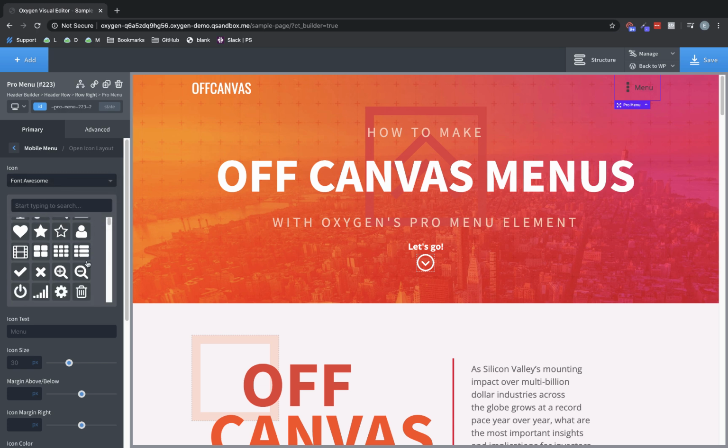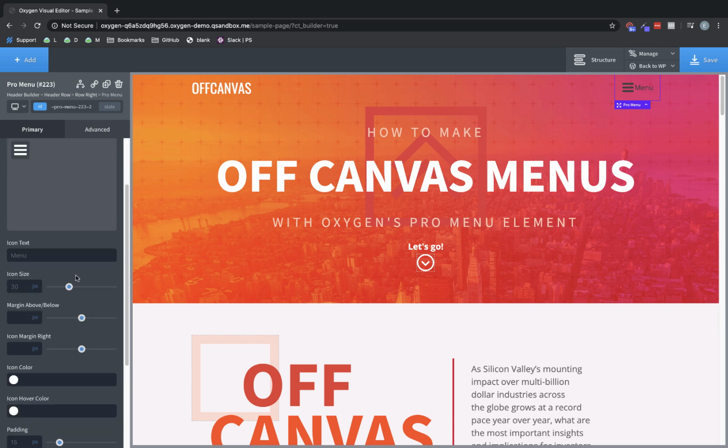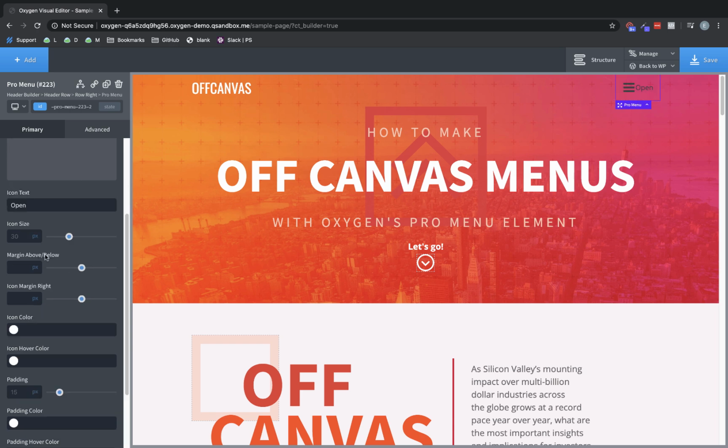So for this, let's just go with a classic kind of menu symbol. I believe there is a hamburger icon in here. Let's just scroll down and find that, and we'll just use that for our menu. And there it is, so we'll click that. And that's kind of the universally understood icon for a mobile menu or an off-canvas menu, so we'll play it safe here. And we can change this icon text, but in this case, I think I want it to say open instead of menu. So we'll just swap that out,